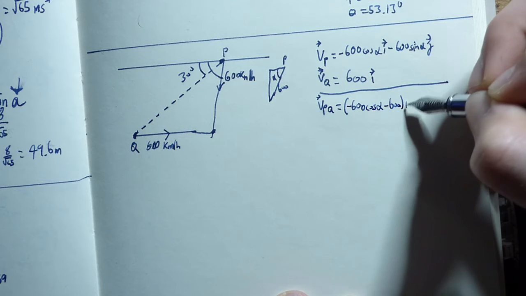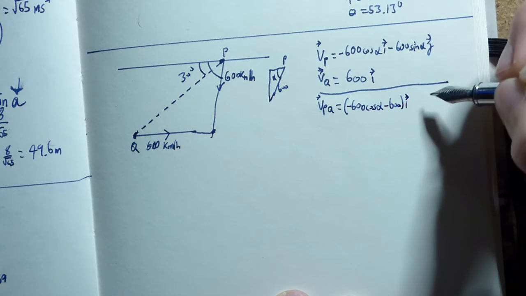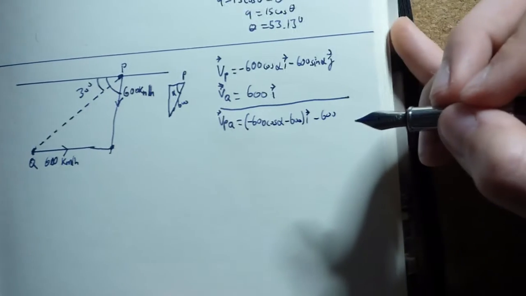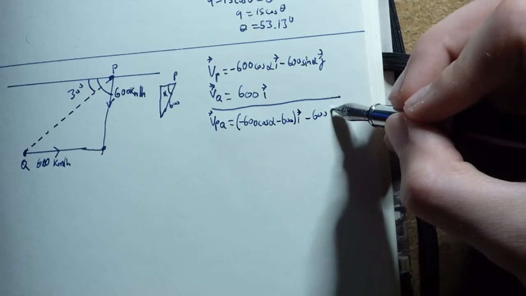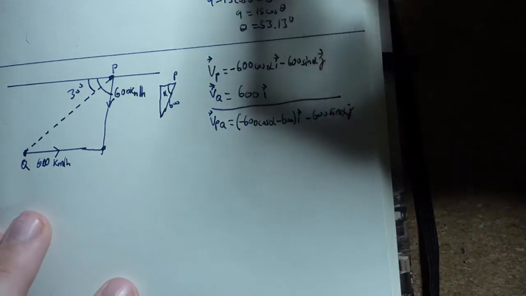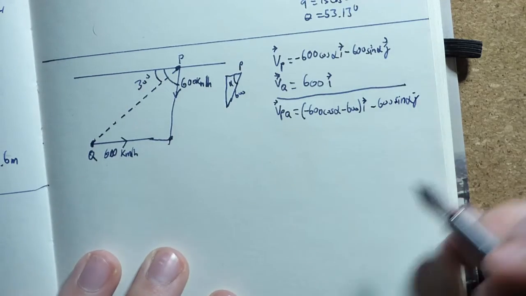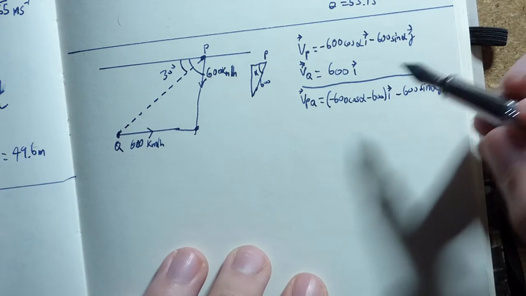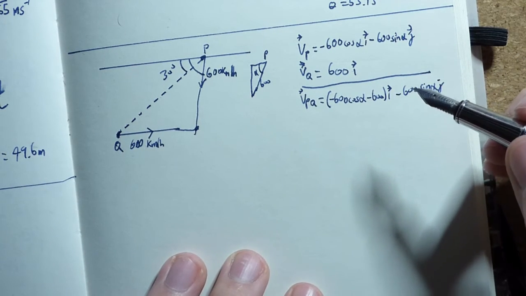So the 600 becomes negative, and the negative 600 cos alpha is already negative. Minus 600 sine alpha j, because you're not taking anything from the q, from the p from the q, because there is no j component in the velocity of q. So then you can